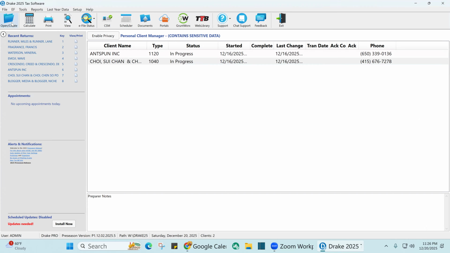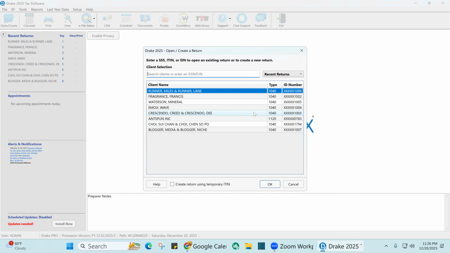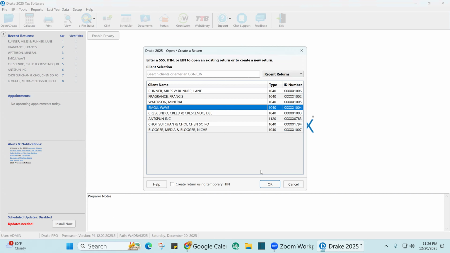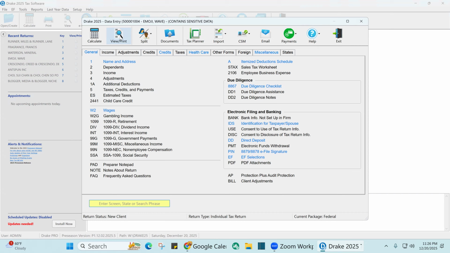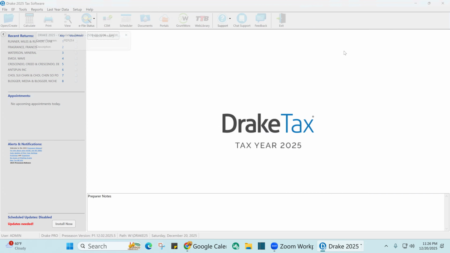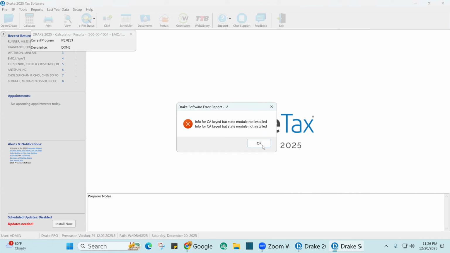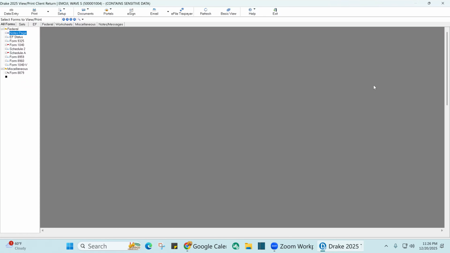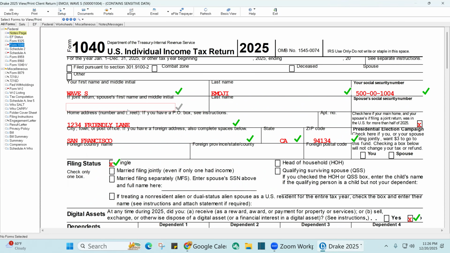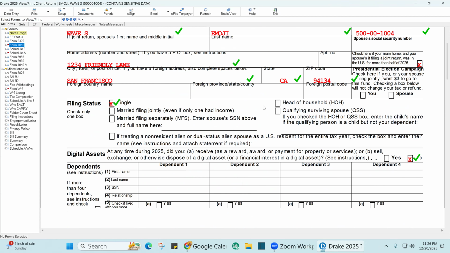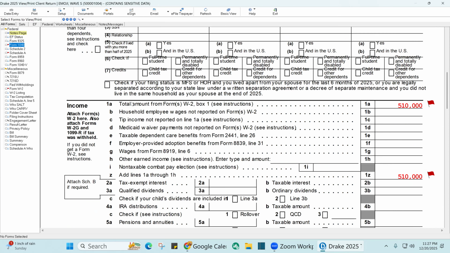Now, let me see. Class 4. This is class 4. Now, let me do the reverse. Let me show you what it looks like. It's a simple tax return, the end result. This is not an error message, because all the state tax returns are not ready yet. So now it's a single with W-2 income